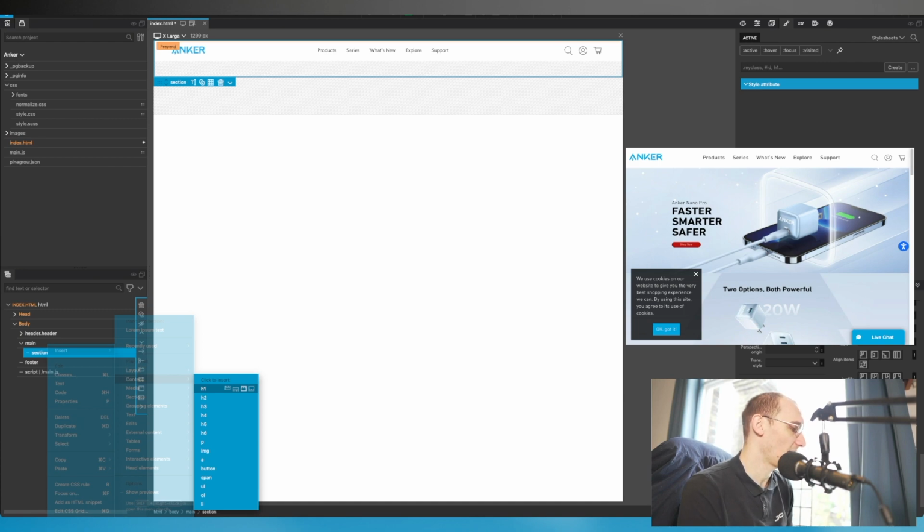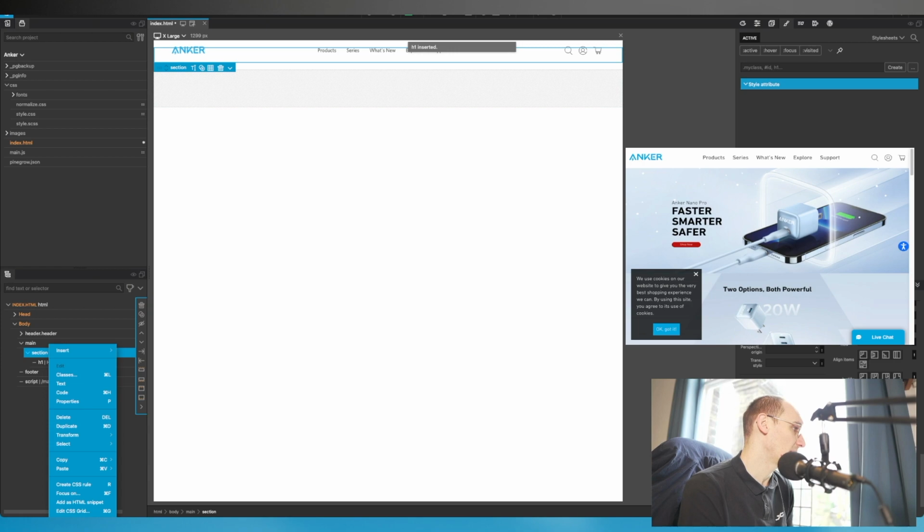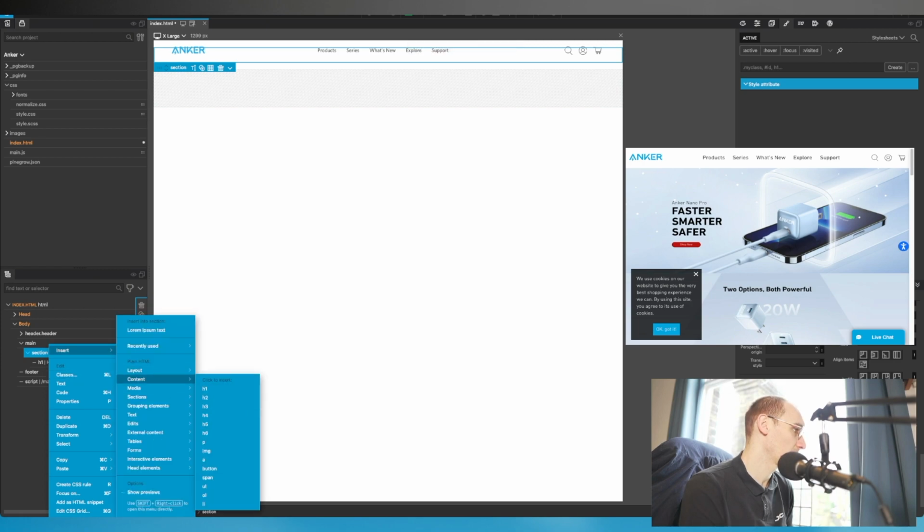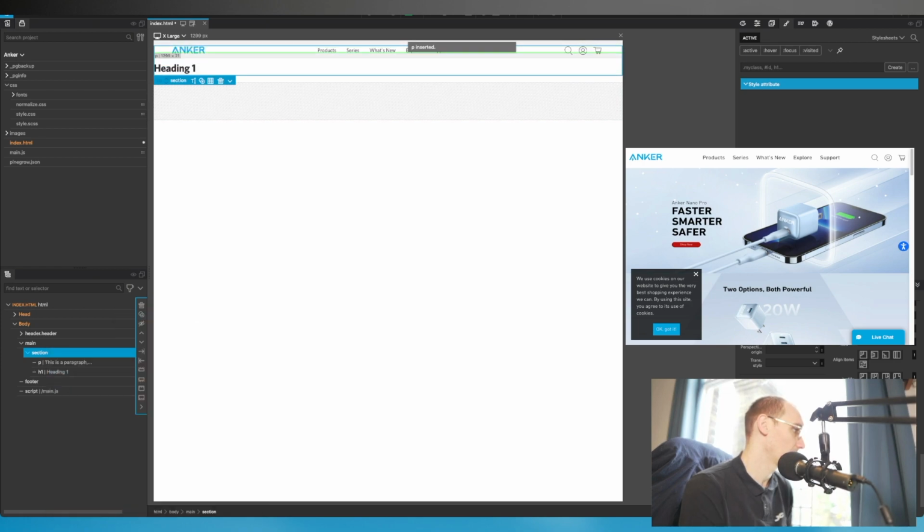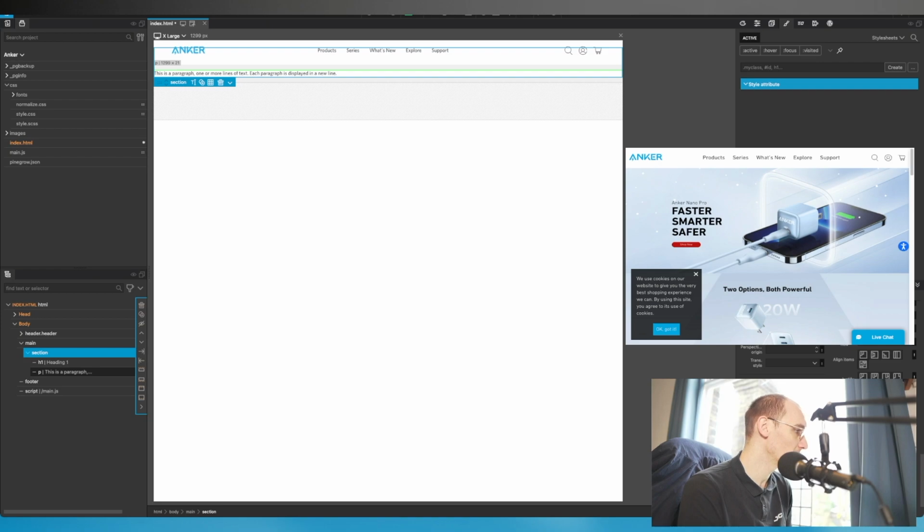I'm trying to work out whether the Anker Pro, Smarter, Faster, Harder, whether I'm going to make that a heading and a paragraph. And let's swap those round. And then we have our